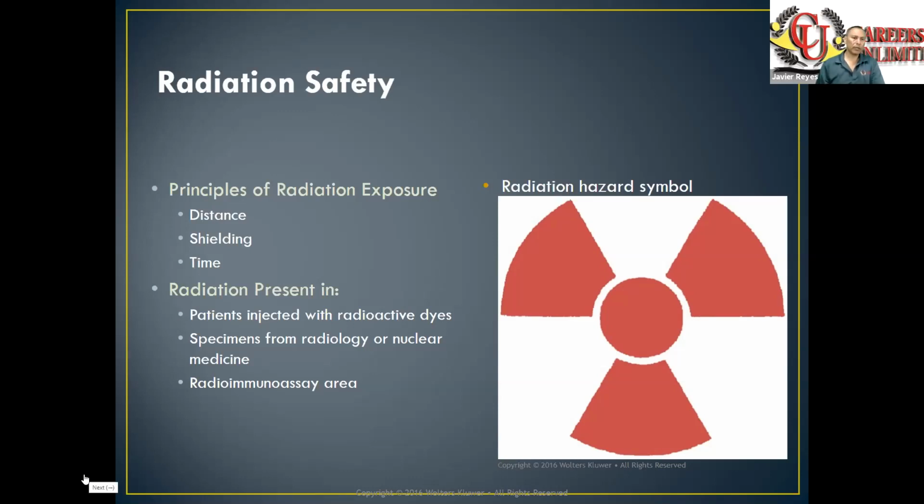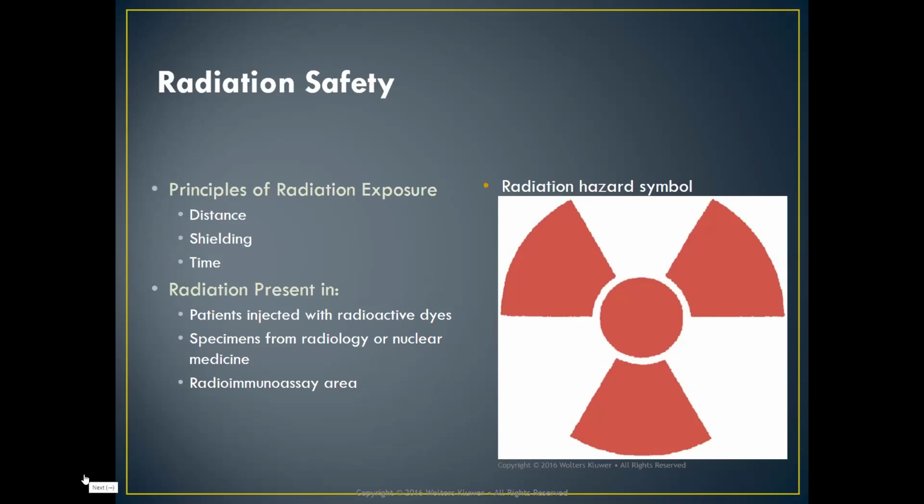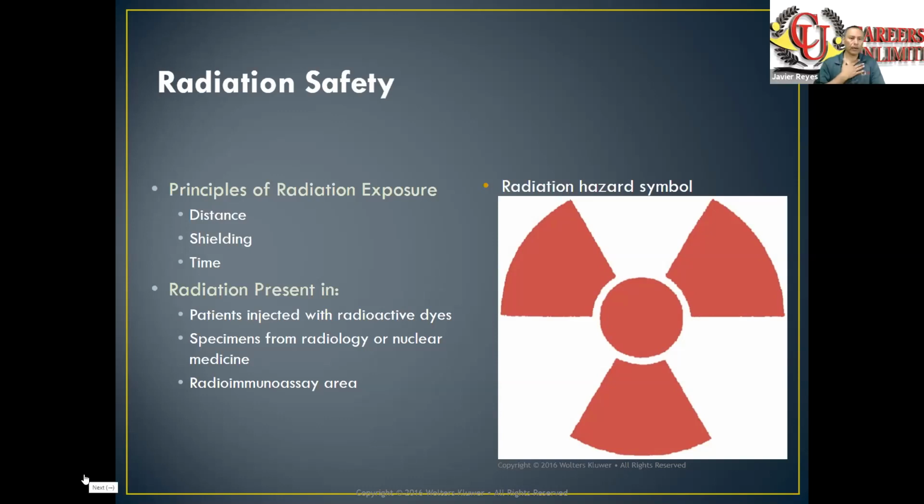from the person. Usually there's going to be a lead shield in front of you, between you and the patient. There's going to be a lead vest that you also have to wear. And there's a small device that you put on yourself that measures the amount of radiation that you're exposed to, and we have to keep a record of that. So distance, shielding, and time is what you need to make sure that you're aware of as far as safety